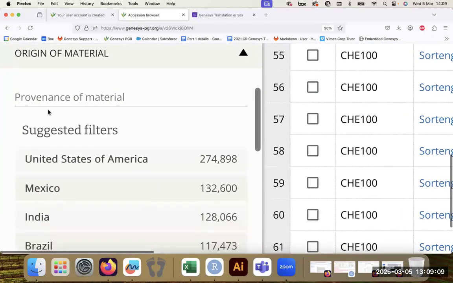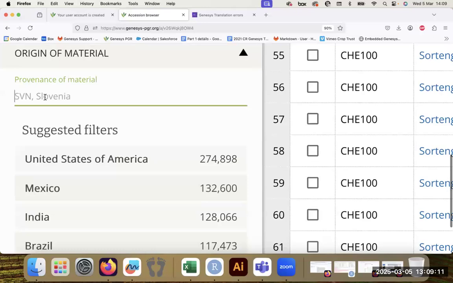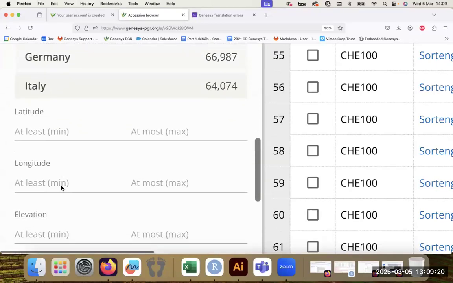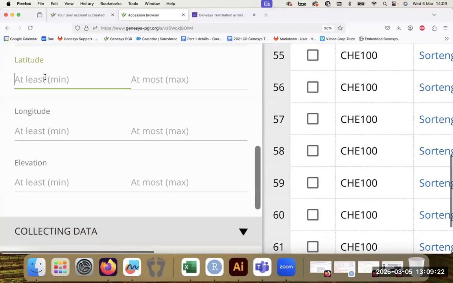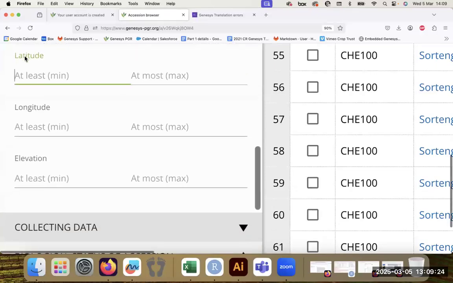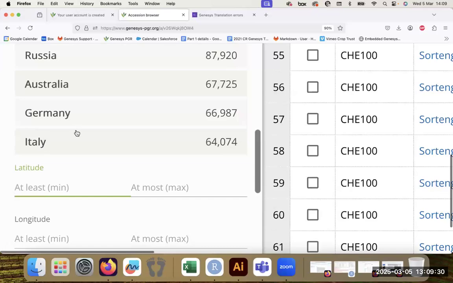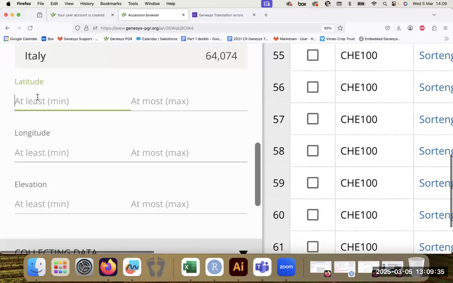Another filter that you will see here is the origin of the material. And this is related to where the material has been collected from on the site. I will go quickly over it. You see here, in addition to this country-based search for the provenance, you can search for specific geographic coordinates, such as the latitude,